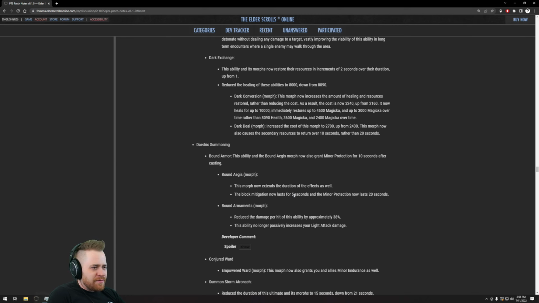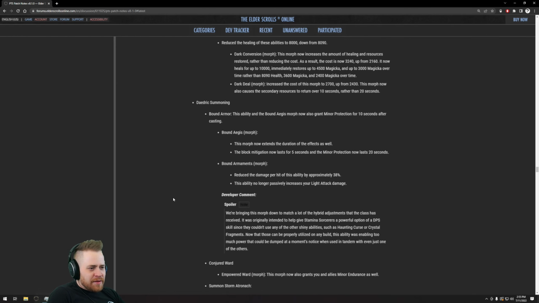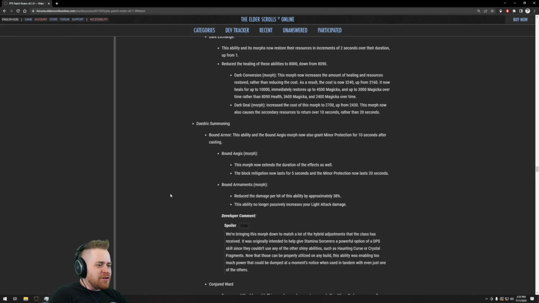Block mitigation that lasts for 5 seconds. Morph extends duration. We're bringing this morph down to match a lot of the hybrid adjustments that the class has received. It was originally intended to help give Stam Sorks a powerful option of DPS skill, since they couldn't use any other shiny abilities, such as Curse or Crystal Fragments. Now that those can be properly utilized on any build, this ability was enabling too much power that could just be dumped at a moment's notice when used in tandem with even just one of the others. That's fine. I hated it. And you nerf Crystal Weapon, so